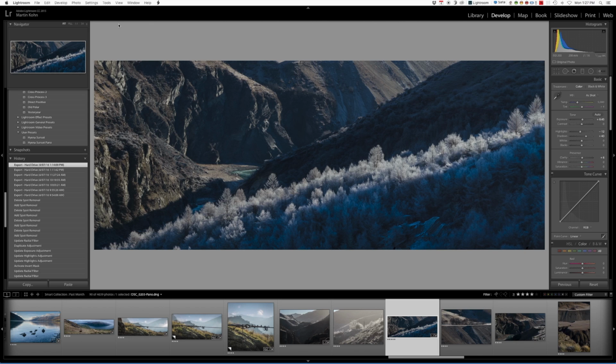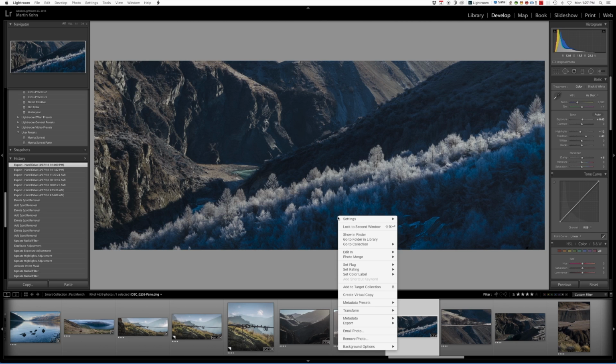In the Lightroom interface, we've got the same photograph here. I'm in the Develop module at the moment, but you can also be in the Library module, it doesn't really matter. And the quickest way to edit this one, to change the size of this, is to right-click. And we get this drop down, and all we have to do is